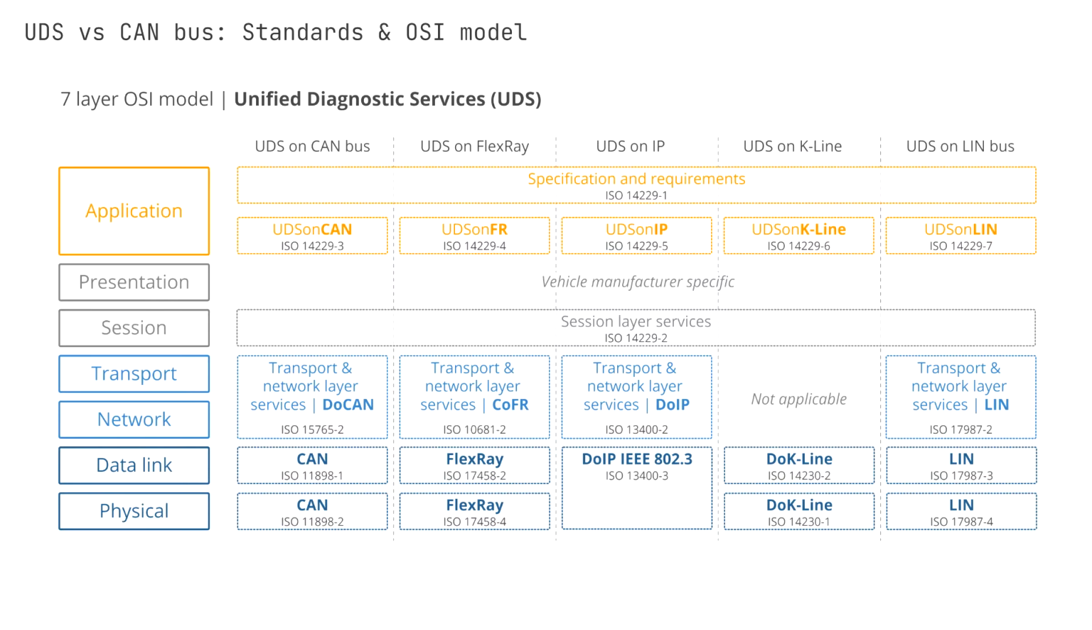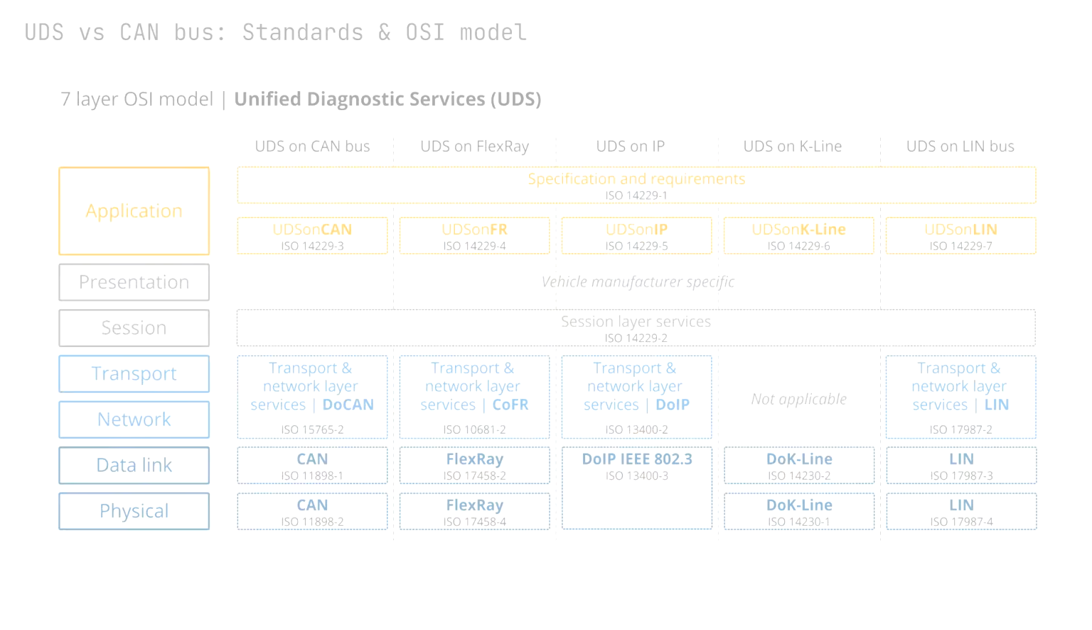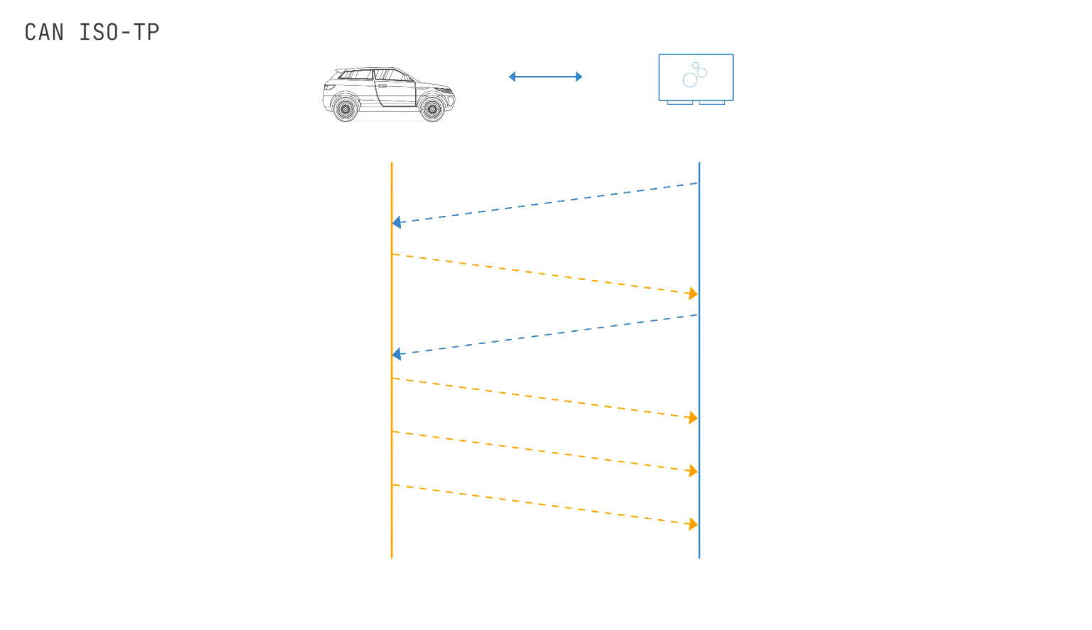Note also that UDS is not limited to using CAN bus as the basis, but can also be used on FlexRay, IP, K-line, and LIN bus. Overall, UDS refers to a large number of standards and concepts, meaning it can be a bit overwhelming. To give you an overview, we provide a high-level explanation of the most relevant ones in our intro article. Next, we'll look more into the transport and network layers, specifically with focus on ISO